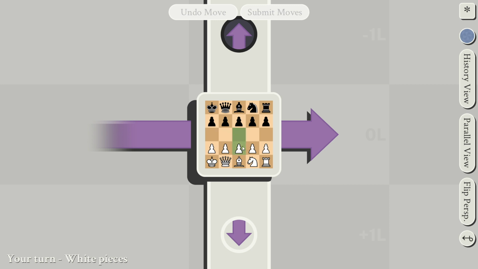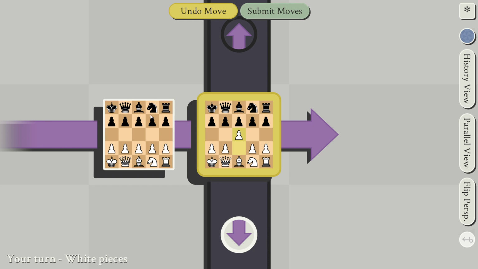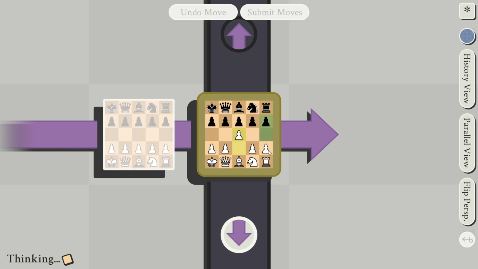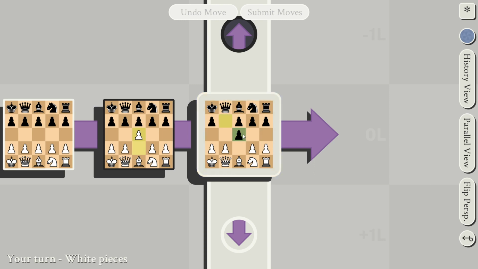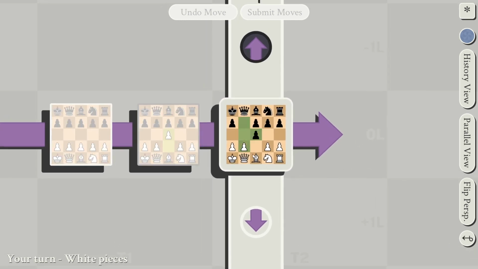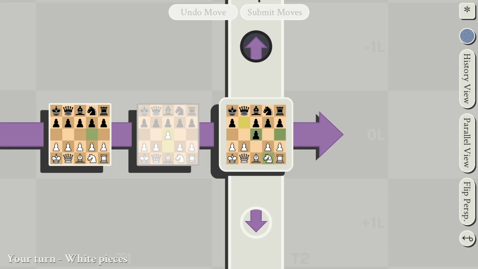Let's go. Let's do a move. Any move. Like that. That's a move. See? That's what the board was before. That's what the board is now. That's what I do. Then my opponent does a move. Now, the fun thing is that, for example, a knight can, as we all know, move 2 spaces in 1 dimension and then 1 space in another dimension. So basically creating an L shape.